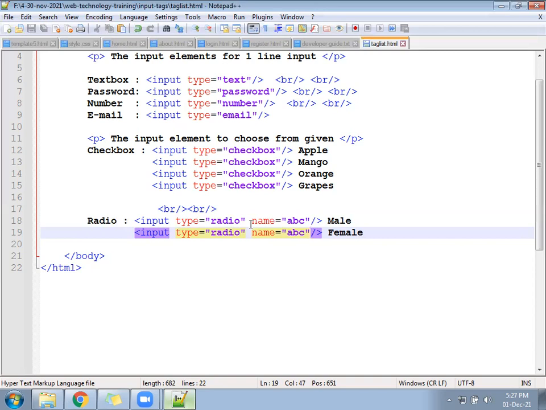So the difference between radio button and checkbox: you can select multiple checkboxes, but only one radio button. Then how to select only one radio button? We have to give the name property, and the name should be the same for both. Suppose you have 10 radio buttons, you have to give the common name to all. Then it will not allow selecting more than one. It will allow selecting only one. Now, are you able to select one or two? Only one?